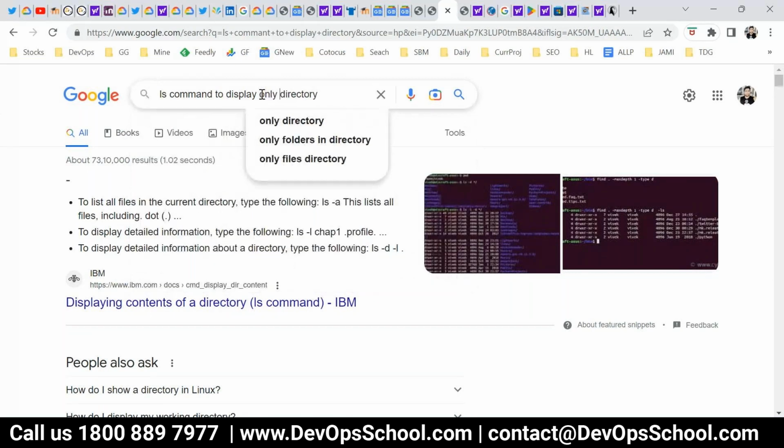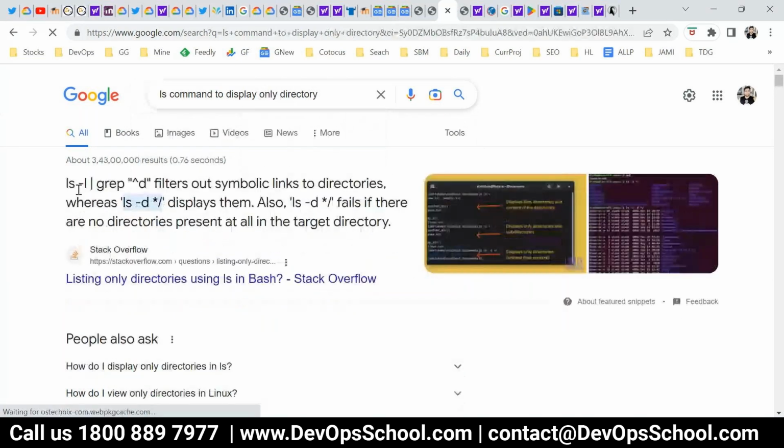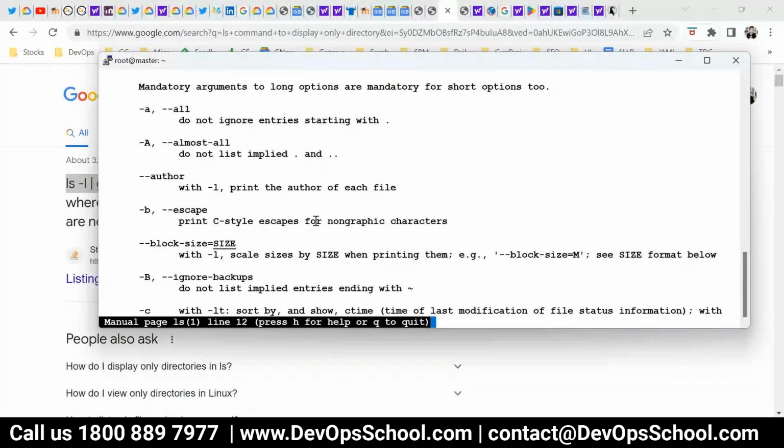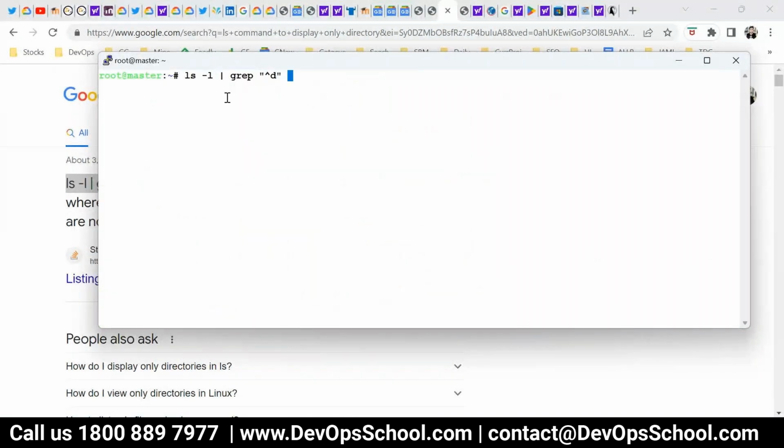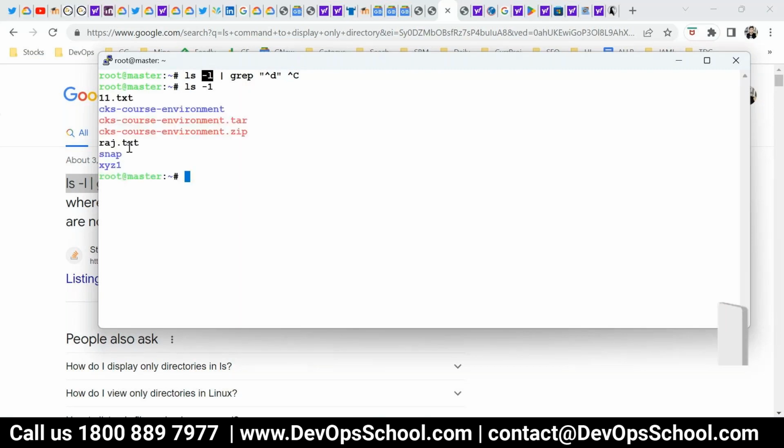So this is the command: list out, grep only the directory. See here, there's a very simple pattern, I'll explain it to you. Here it says, list all the files in sequence like this, and anything where the type starts with d, put it up, get me that one.